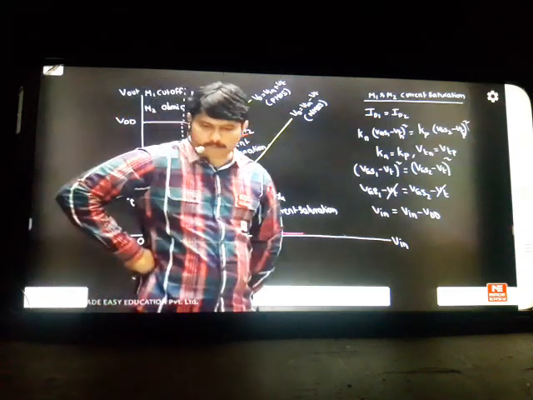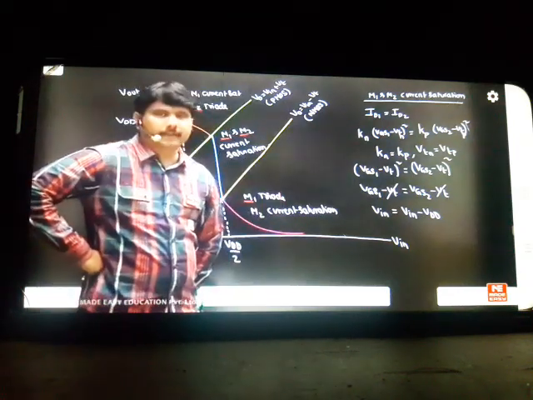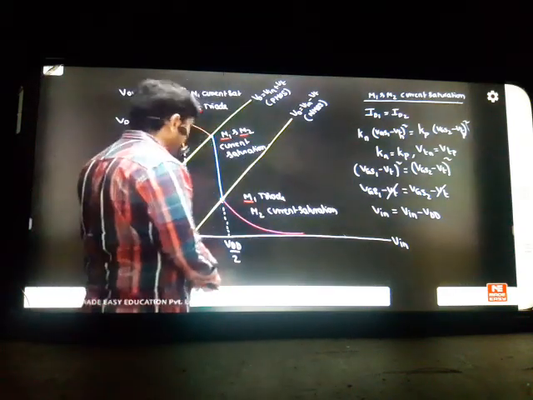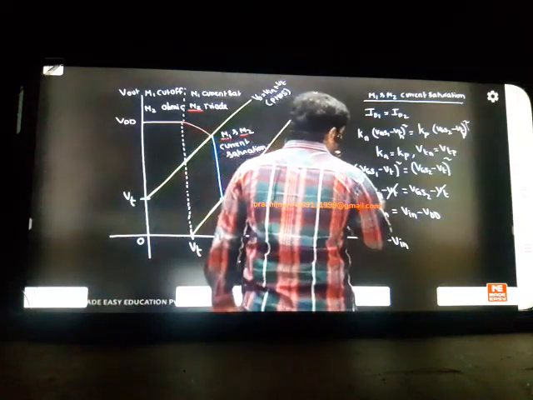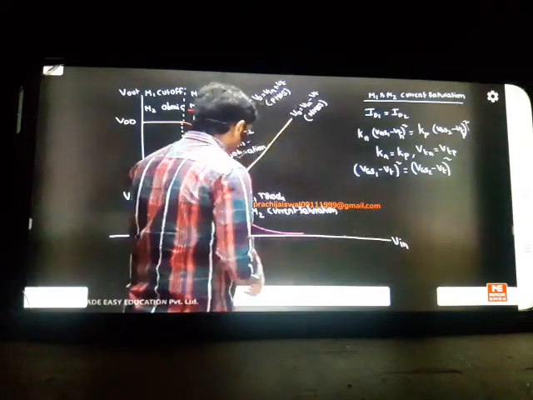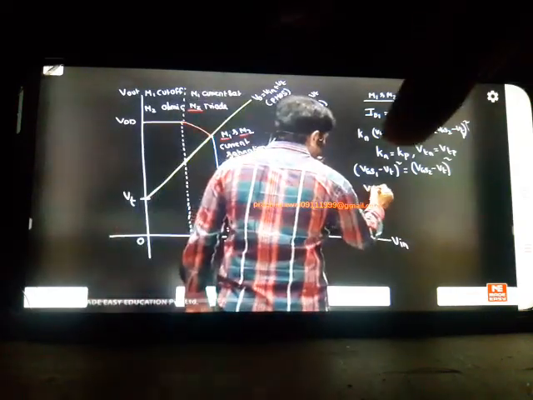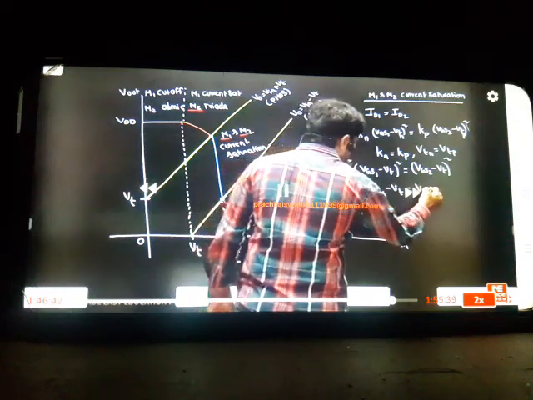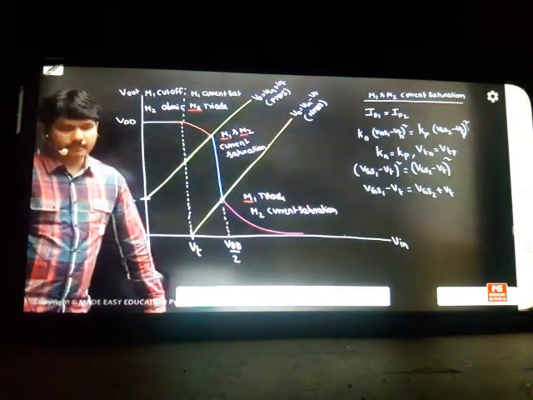Yeah, I think VTP will be minus VT, correct? Correct, here VTP should be minus VT. So I think I wrote this by mistake. Let us correct this point. I'll write this answer as VGS1 minus VT will be equal to VGS2 plus VT. Minus of minus, it will become plus.